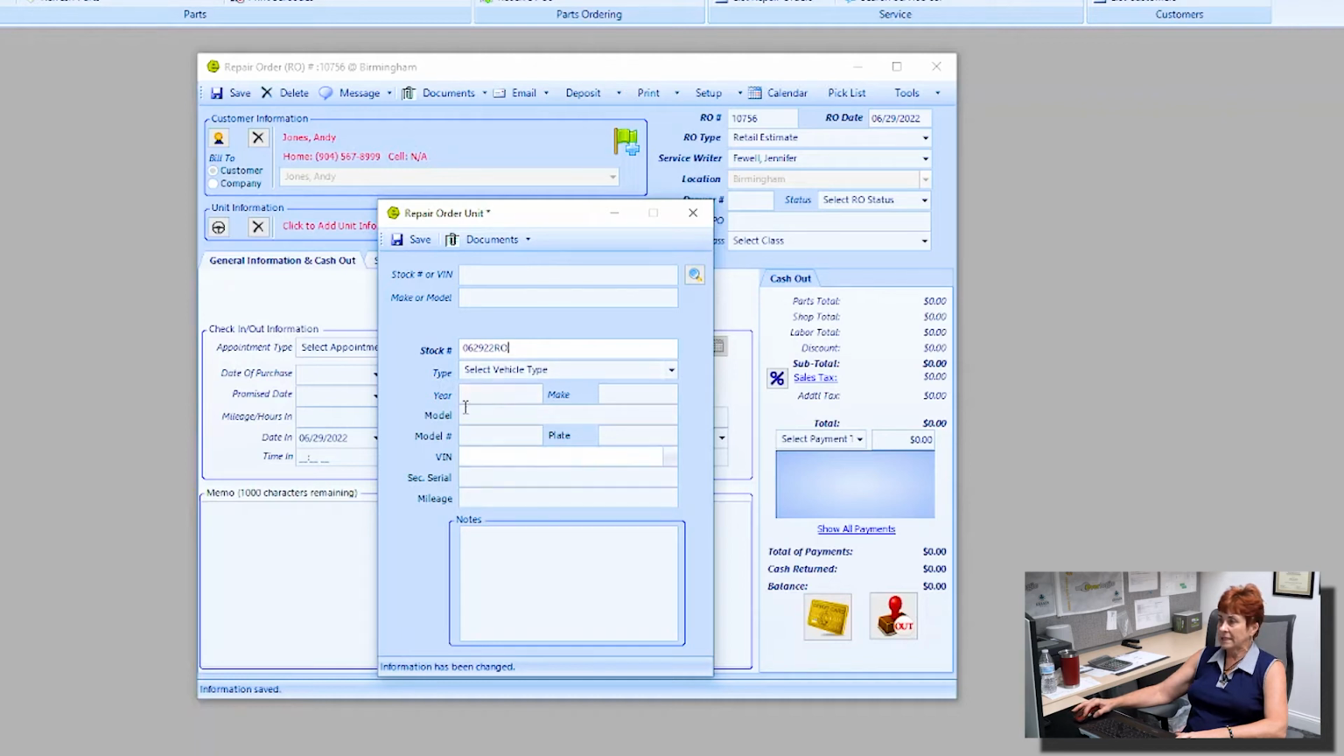Again, you can add in as much or as little detail here. There is a section here for a note. Let's say customer confirmed an 8-inch scratch on the rear bumper. So that doesn't go against you and your dealership. You can make those types of notes here if you like, and then we'll go ahead and save it and